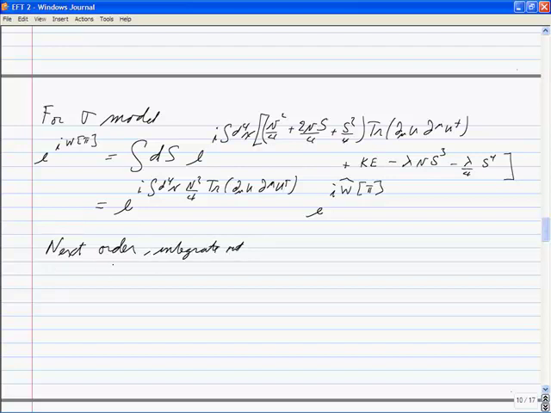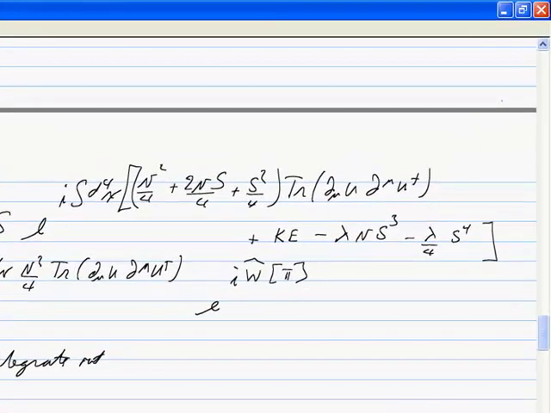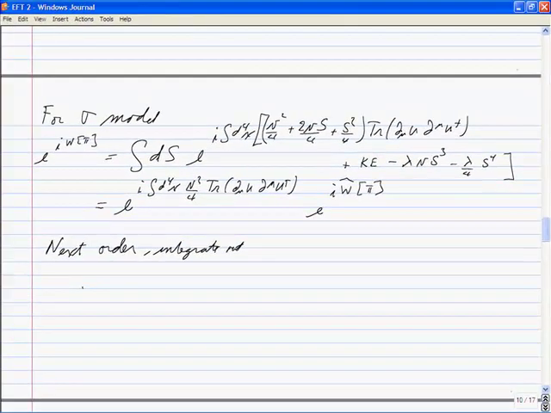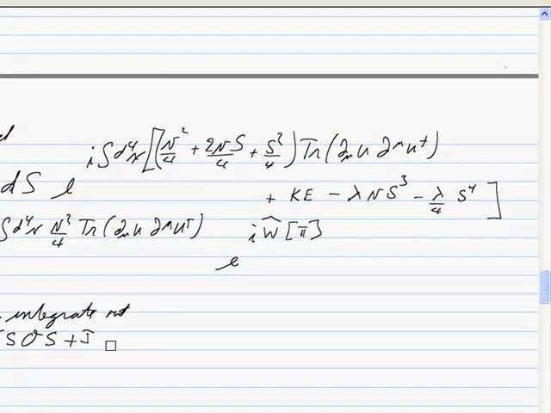Schematically, we take e to the i integral d^4x, s operator s plus j s times j,